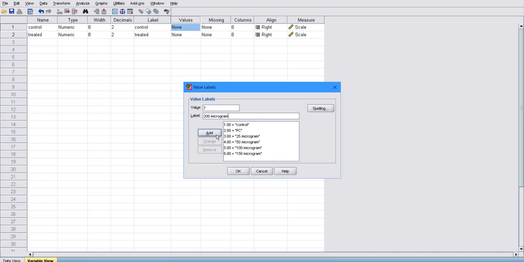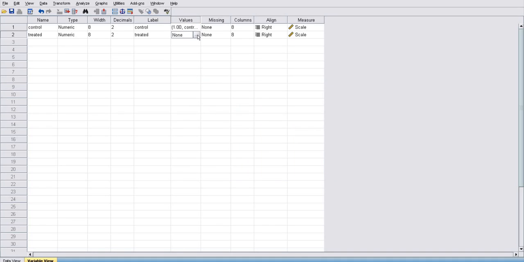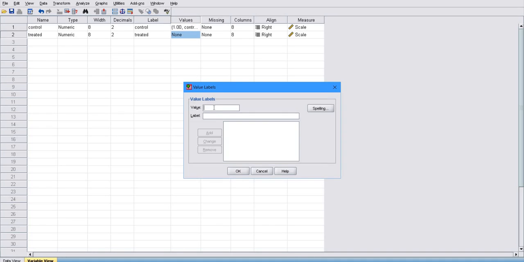So now the labels are given. One is control, two is positive control, and the remaining are 25, 50, 100, 150, 200 for the 3, 4, 5, 6, 7 values. Now press the OK button. That same label you need to give for the treated also.